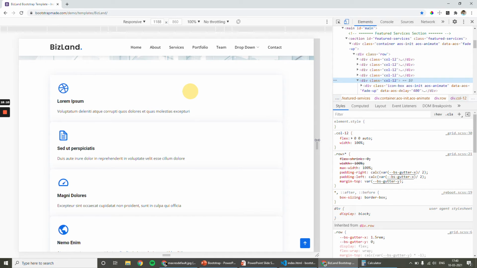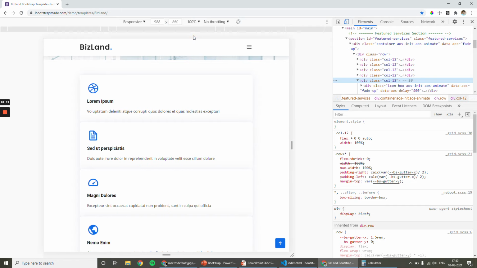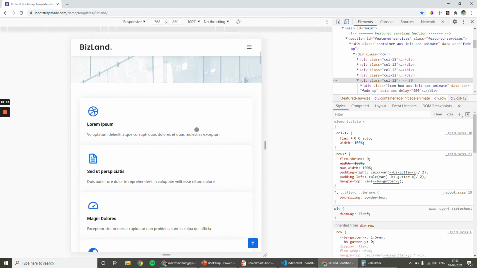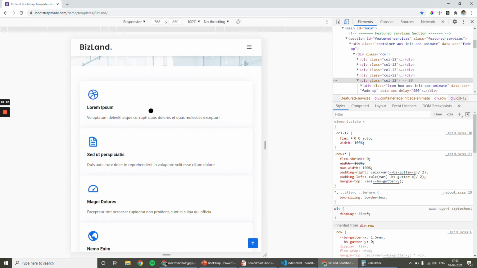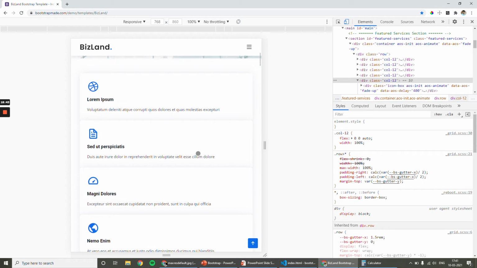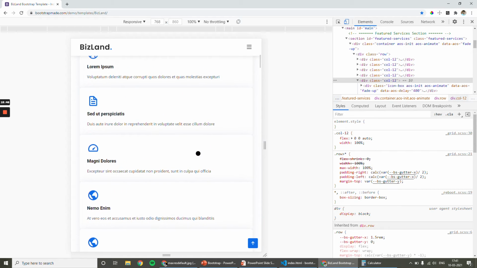Now I will keep it at 768. At this point, instead of giving 100% width, I want to split this into two boxes, giving 6 to this box and 6 to another box, so that in a single row there will be two boxes at a time and the vertical scroll can be reduced.